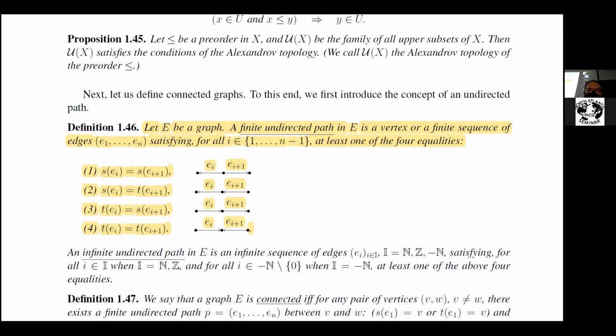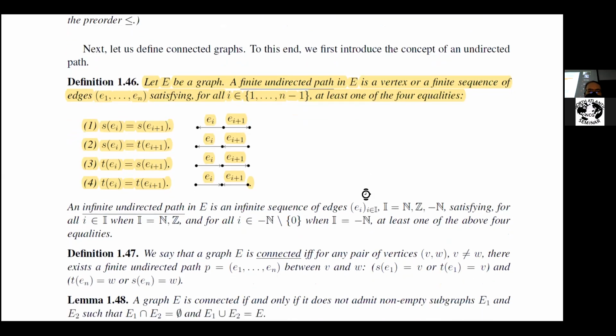So now you see on the picture, we have four possibilities. The two consecutive edges can meet at the beginnings. They can meet at the ends, or it can be again that like it was in the directed path, that the end of one edge is the beginning of another one. But now you also have two possibilities. They can go left to right or right to left. So this is why this condition for a sequence of edges being a finite undirected path has four possibilities. I think it's very intuitive. We don't need to linger on. And now this allows us to define